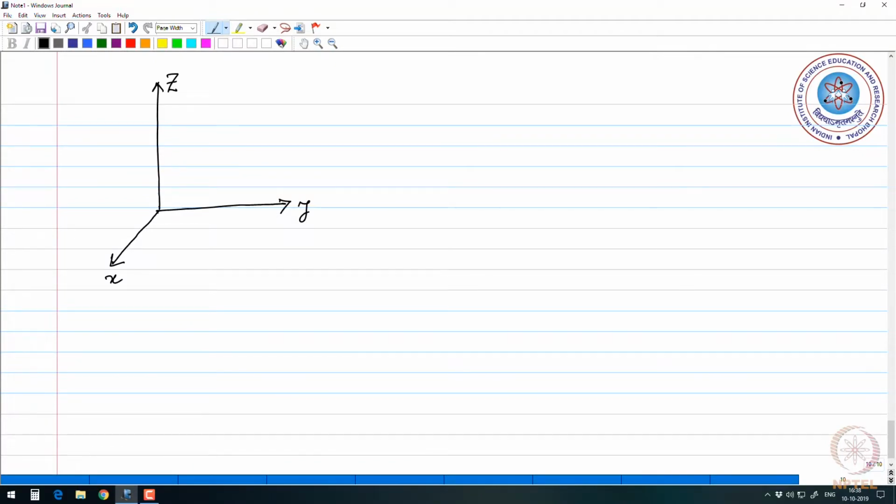As we mentioned, curl is a whirlpool of a vector. If we have a vector field that points along the arrows that I am drawing now, we can clearly see that it will have a curl. Let's work this example out. If we have this kind of a vector field, the vector field can be represented as minus y x cap plus x y cap. Now if we work out the curl for this vector field,